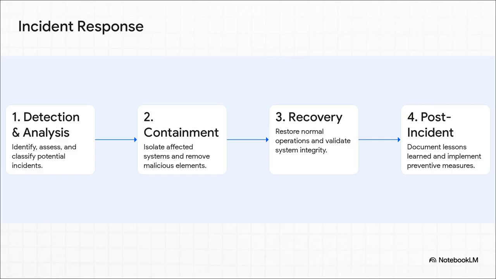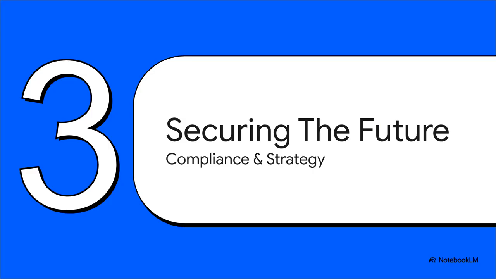You now have a clear, 4-step incident response plan designed specifically for AI. It's your playbook for detecting, containing, and recovering from a security event as quickly and smoothly as possible. For the last leg of our journey, we kind of lifted our eyes to the horizon. This was all about making sure your security strategy isn't just good for today, but that it's built to last and adapt to whatever comes next in this incredibly fast-moving world.